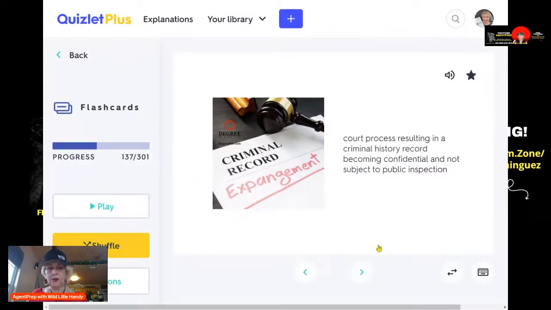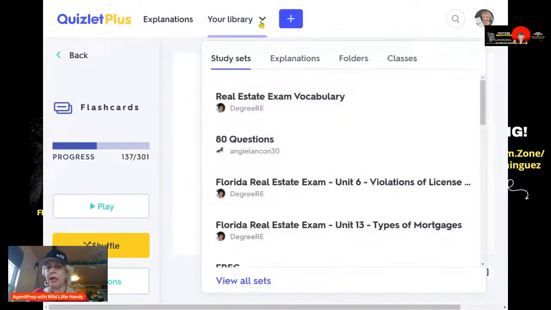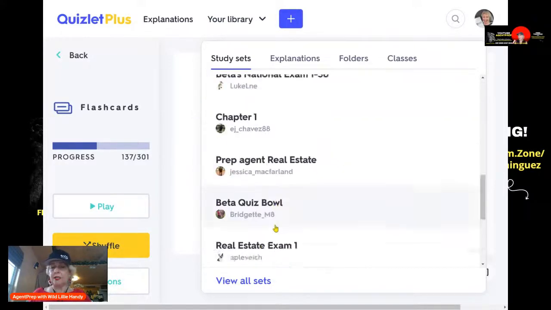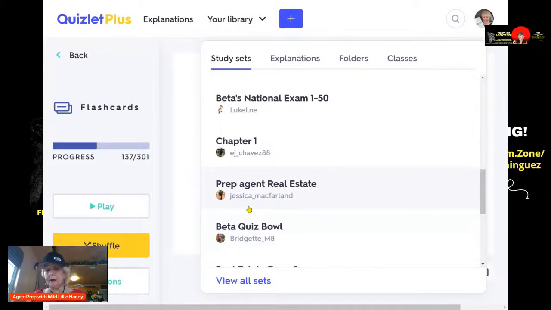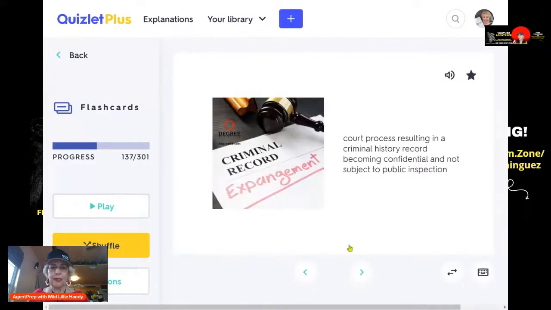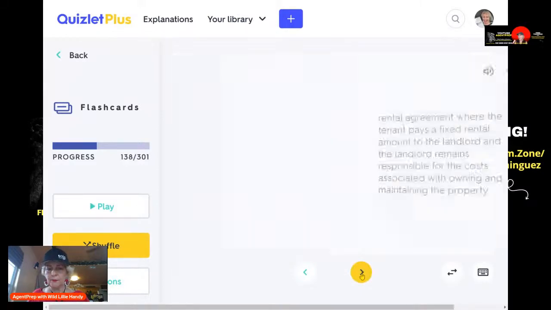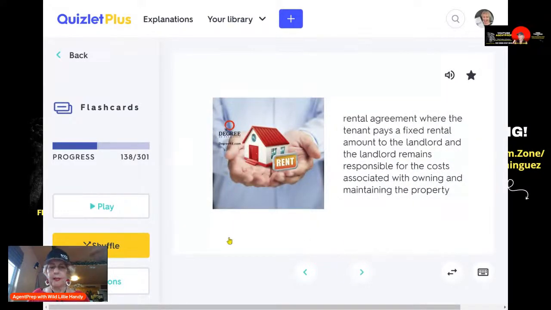Okay, so on Quizlet Plus, you can go in there and they have these libraries of different individuals, and some of them post in different states, and even Prep Agent is on here. Prep Agent is an excellent source to also study. Joe Juder, he wears a little hat. I'm a cap user, he's a hat user. Okay, next. Like that little red, if it had some black, man, it would meet my colors.